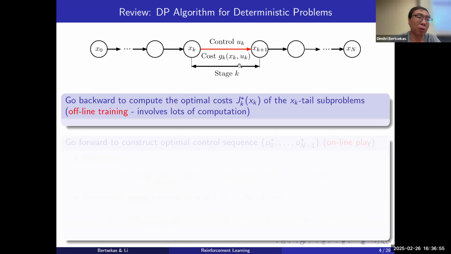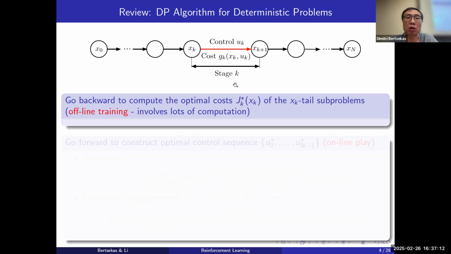So for this problem, if the state and control are discrete, then it can be fully specified by a discrete graph with different layers, and each layer associated with all the states, and the arcs of the graph represents the